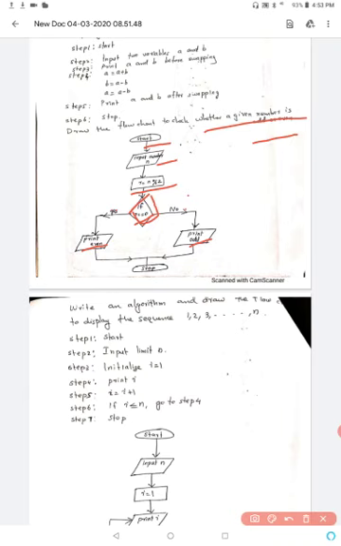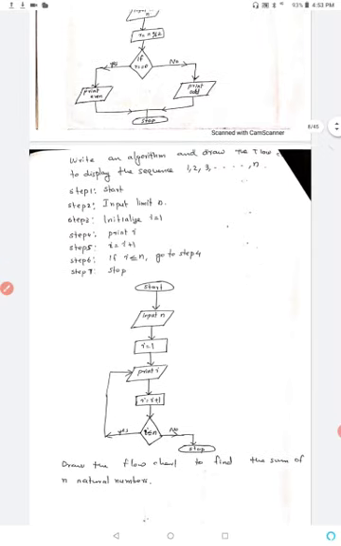If it is a condition or decision statement, it will have two options, either yes or no. So yes means the output is even number. No means it is odd number. After that, in both cases it will come to stop. So that is about this problem. Then we can see the next algorithm.